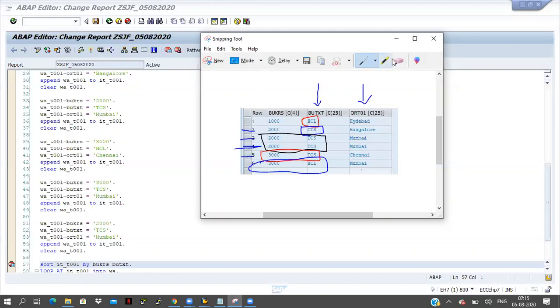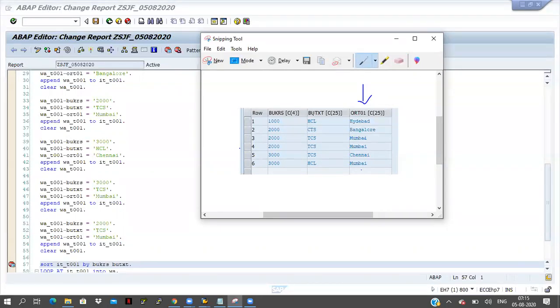Now my requirement is, the data is coming here, right? HCL is coming here.